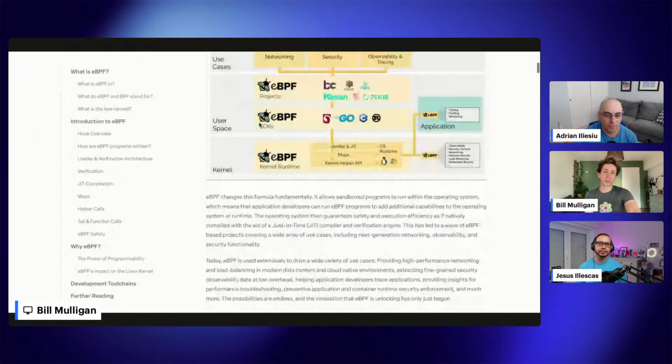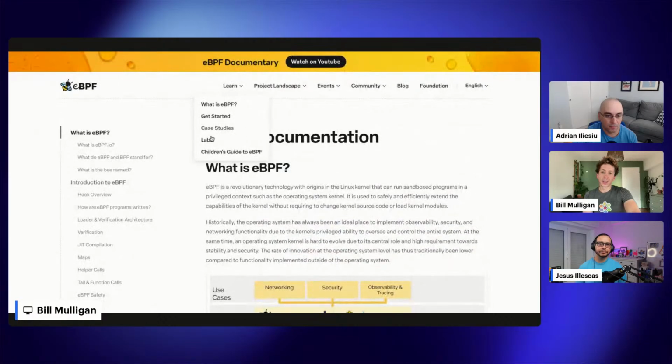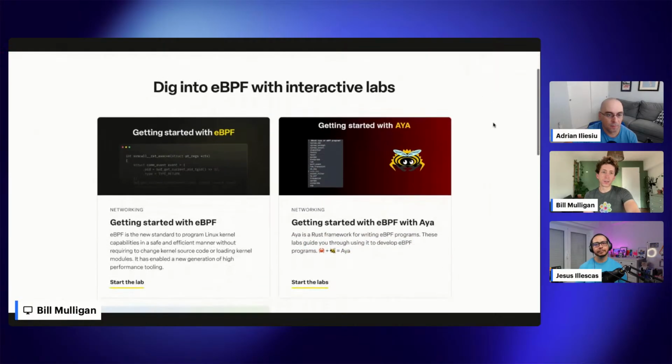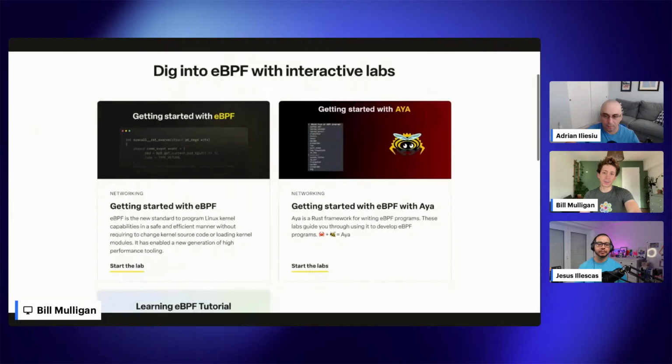It walks you through what I was saying in the book in a little bit longer form content. And then there are some labs too, like how do you write hello world in eBPF. There's a couple different examples that you can have here. What I like about these labs is they're live hands-on environments that walk you through what it's like to actually write an eBPF program. We have another one in development, but I don't want to leak what that one's going to be. For now, it's just the getting started with eBPF ones, but there's another cool one coming out pretty soon.